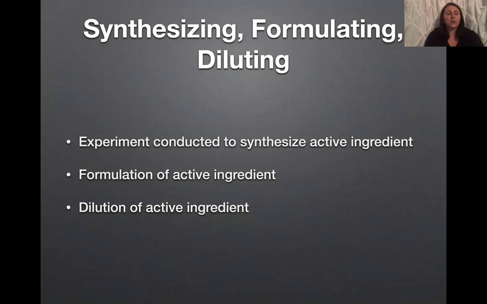And then those chemists or another group of chemists formulate the active ingredient and get it ready to ship, where it's going to be diluted using a familiar formula we all know, M1V1 equals M2V2. And then they use those values to determine the right ratio of pesticide to crop.